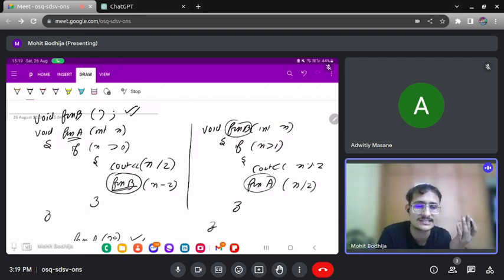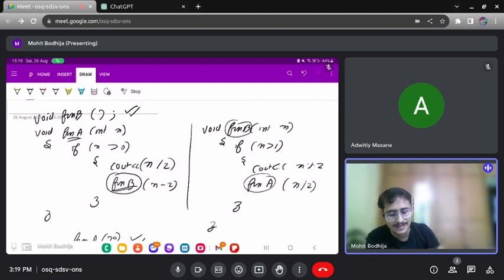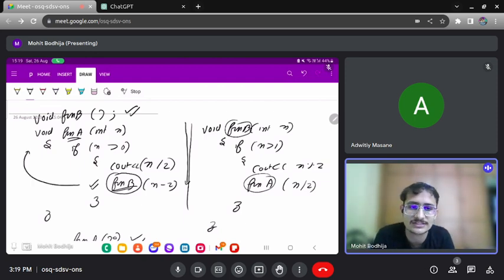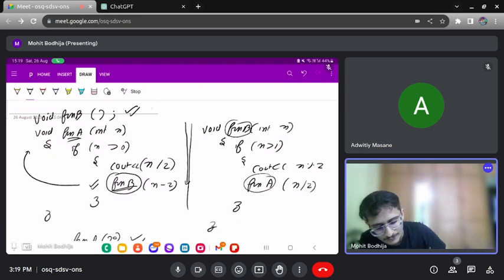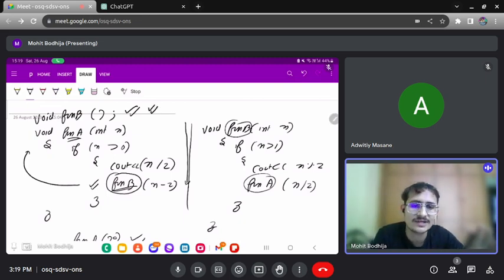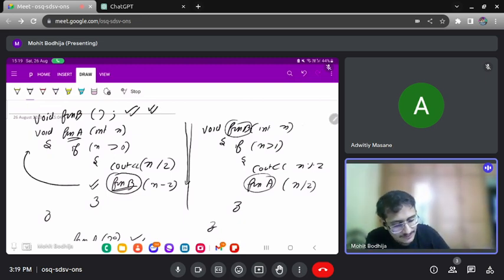Why? Because in C and C++, it will compile the code line by line. Whenever it starts compiling, it will get the function funb and it will search at the top whether this function funb exists or not. If that funb function doesn't exist at the top, it will throw the error. So please do write void funb, so that we are declaring our function, and afterward you can write the definition.